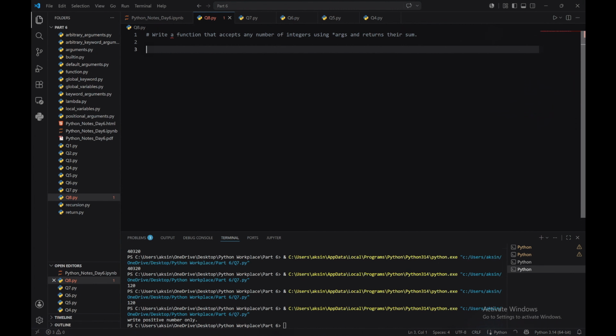Write a function that accepts any number of integers using *args and returns their sum. So we are going to create a function as def sum_number, and here we are going to take *n. So for that we are going to give the